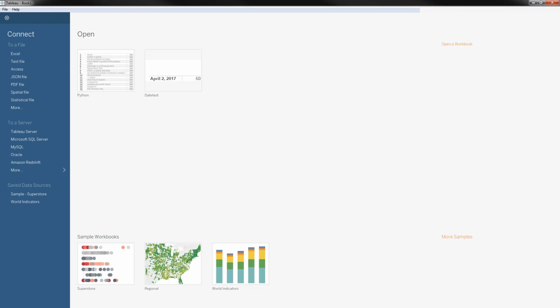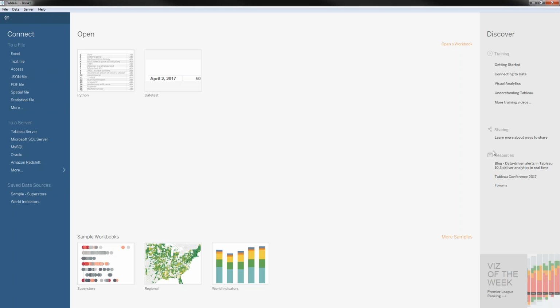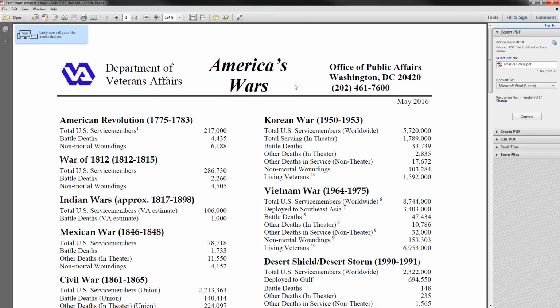So Tableau 10.3 is already in beta, and Tableau 10.3 has a lot of new features that you can look at. But one of them that I'm kind of excited about: we saw Tableau 10.2 introduce Spatial Files. Tableau 10.3 introduces PDFs. So, for example, I have a PDF here from the Department of Veterans Affairs, and it